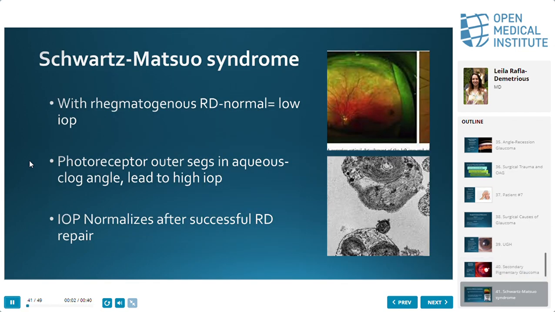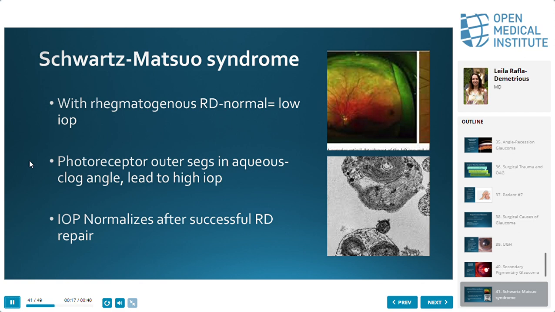So I threw this one in. This is extremely uncommon, but I think it's interesting. It's the Schwartz-Matsuo syndrome, which you get with a rhegmatogenous retinal detachment. And the risk factors are really if you have a large retinal dialysis at the ora serrata, or again, a